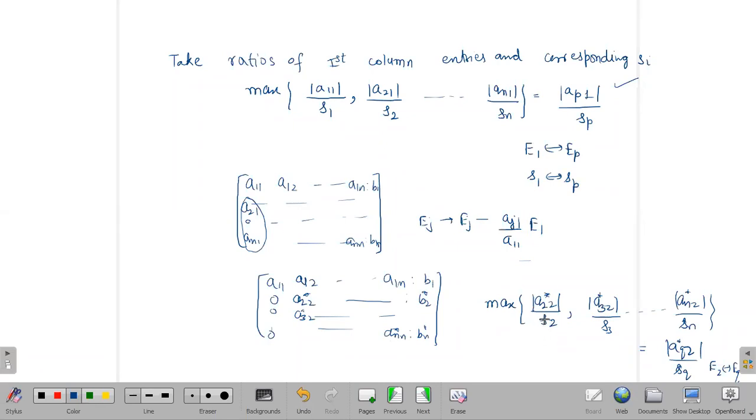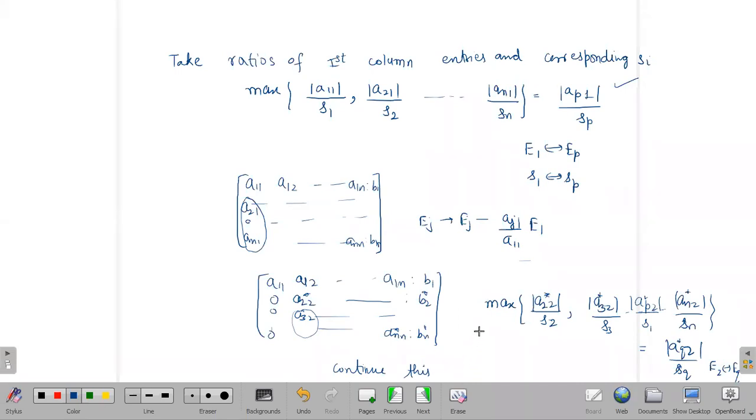So here, if you are taking S1, meaning suppose you are taking AP2 star divide by S1, here you have to use S1 because S1 is already interchanged with SP. So this you have to take care of. Then continue this process. If you change the second row with the qth row, then again you have to make these elements 0. Then do the same procedure with the third column, then the fourth column, and so on.